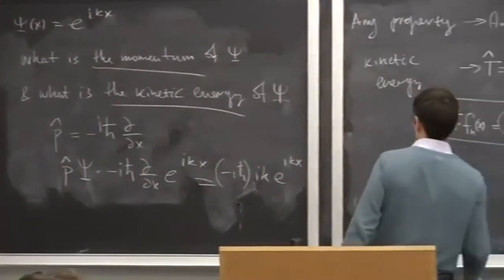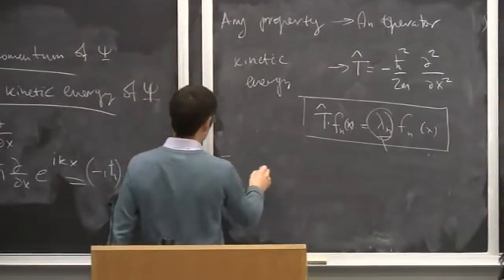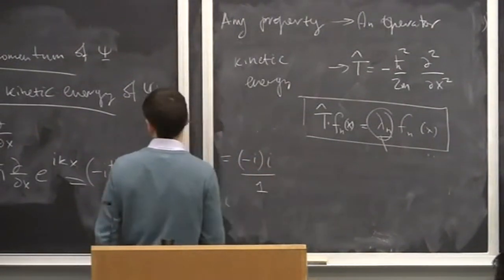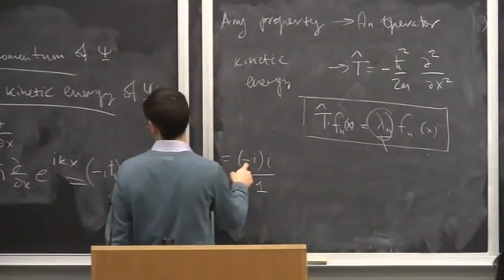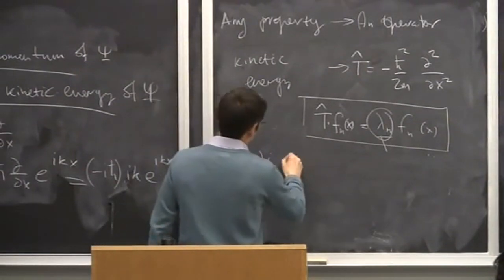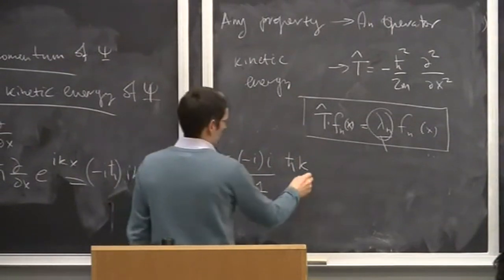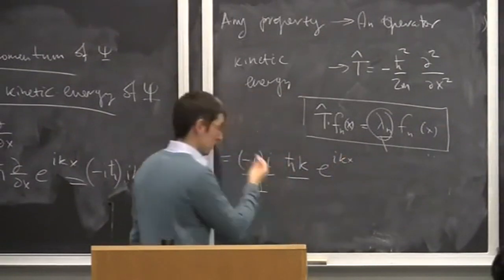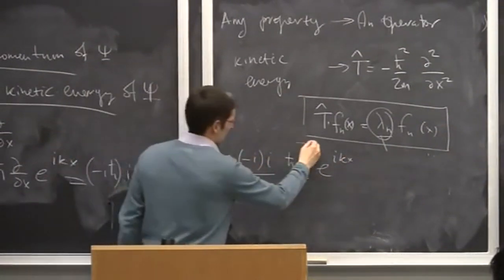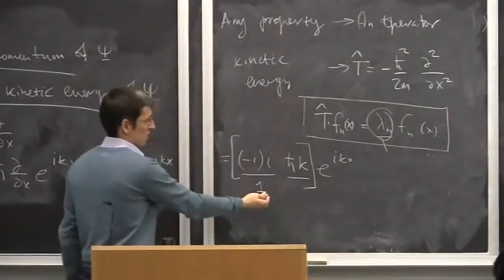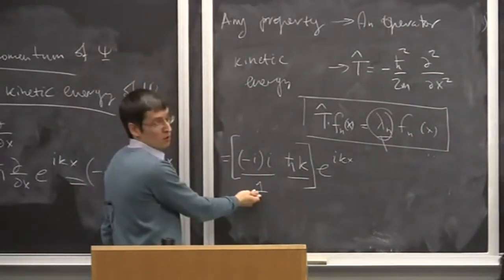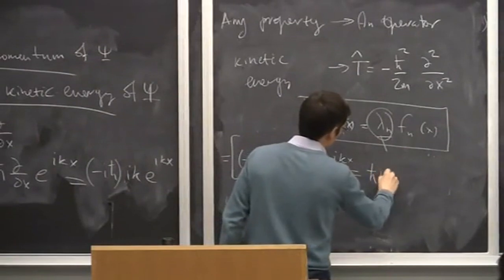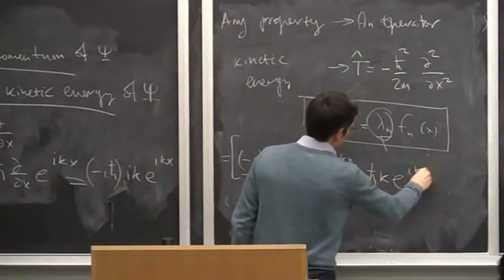So the only thing left is to multiply the constants. Minus i multiplied by i, together that is 1, because i times i is minus 1, and there is another minus 1, so it's 1, right? So h bar k forms another constant, and there is the e to the ikx. Overall, this is a constant, because k is a constant, h bar is a constant, 1 is a constant, and the original function. So we have h bar k multiplied by the original function e to the ikx.